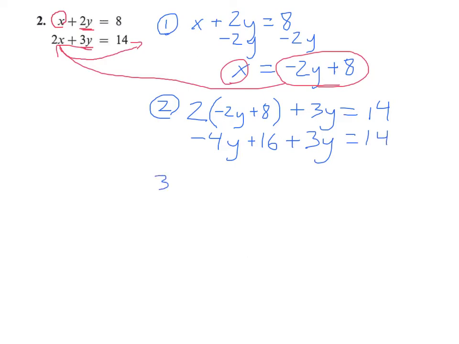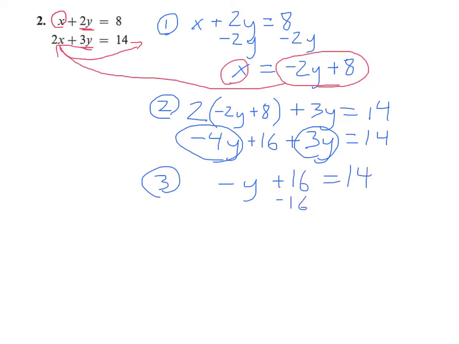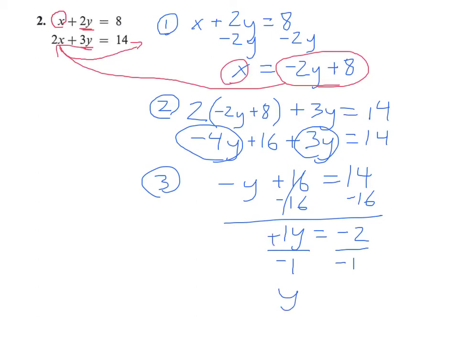Okay, our third step, just solve for y. Let's go. We've got, just keeping it going, let's combine our like terms here. Negative 4y plus 3y is just negative 1y, plus 16 equals 14. Okay, minus 16, and we get minus y equals minus 2. So let's divide by this negative 1, because negative y is really negative 1y. Divide both sides by negative 1, and you get y equals